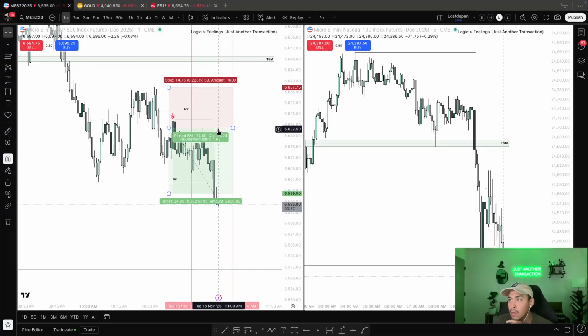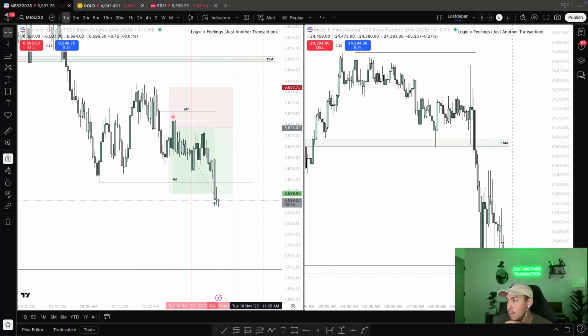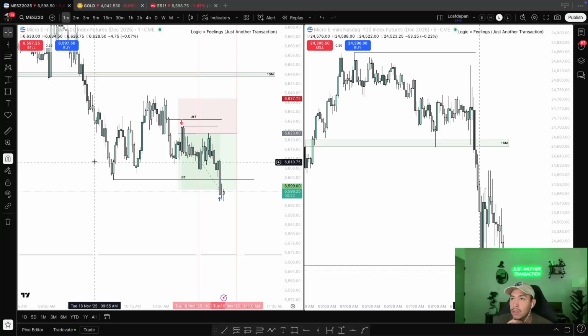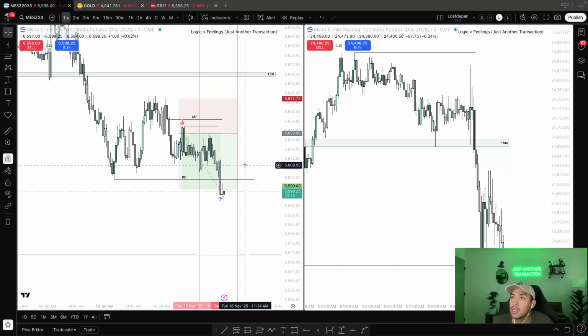So my break-even was put there, but I had said as soon as we take this low on ES, which would be on NQ, which is the 4-hour low, I would cut my trade on ES or take off one and leave a runner. But just the fact that we've expanded so much, I'd rather just not risk it and be done for the day. And yeah, that's pretty much it. That's the trade for today, guys.